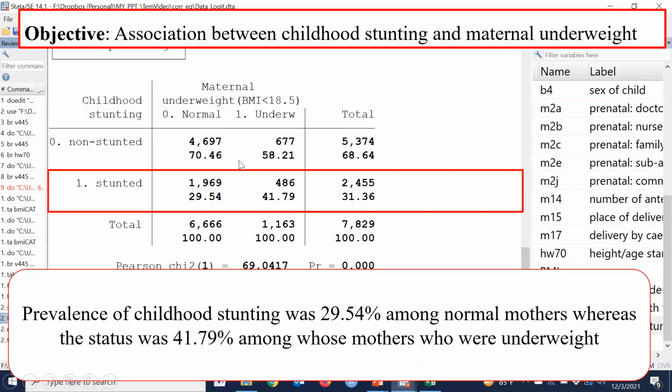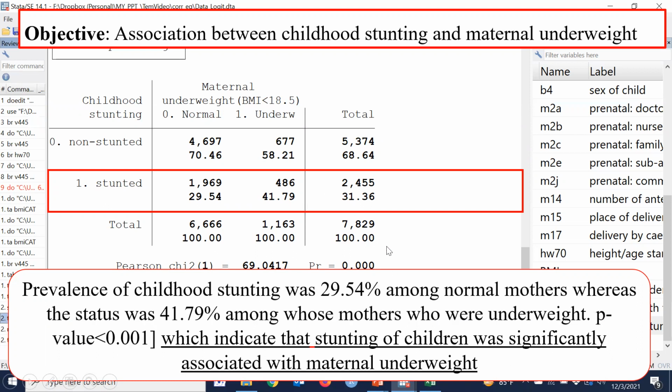The interpretation of this table: the prevalence of childhood stunting was 29.54% among normal mothers, whereas the prevalence was 41.79% among those mothers who were underweight. And since the p-value is less than 0.01, that means the p-value is small.